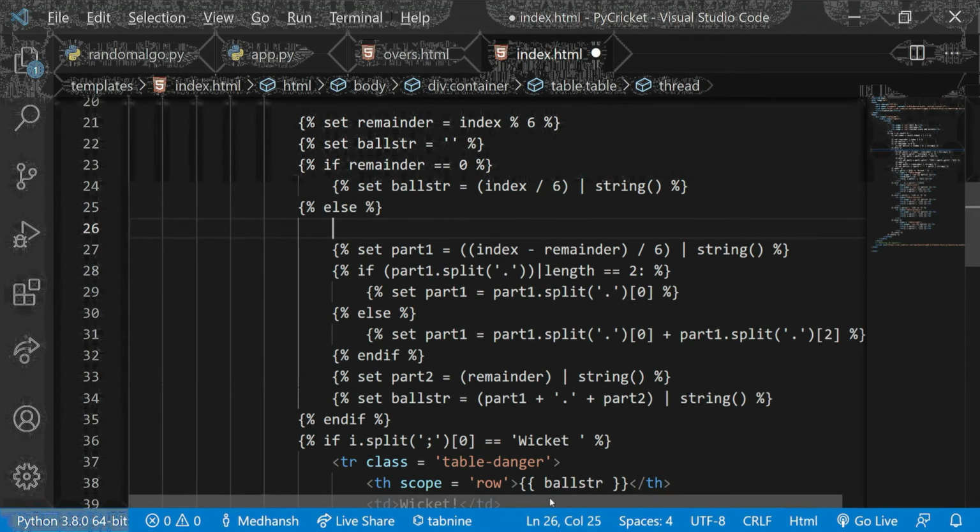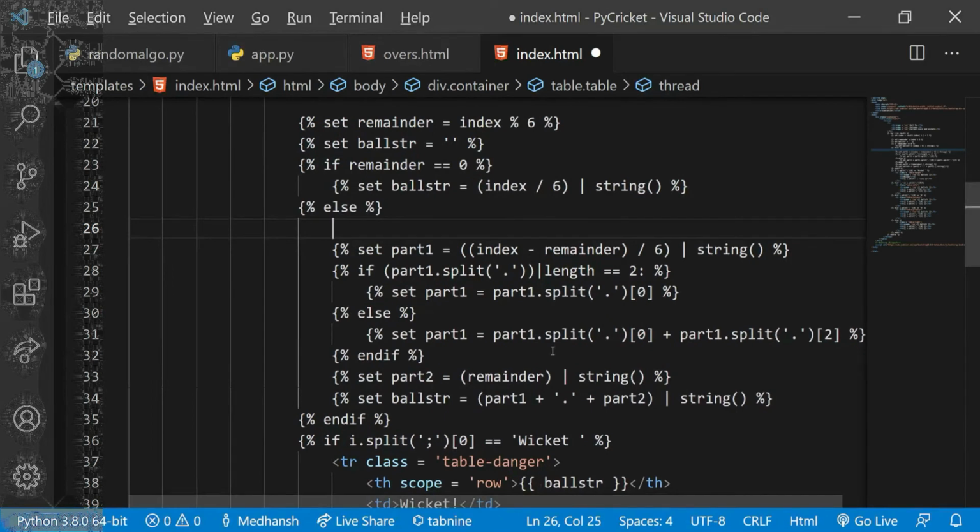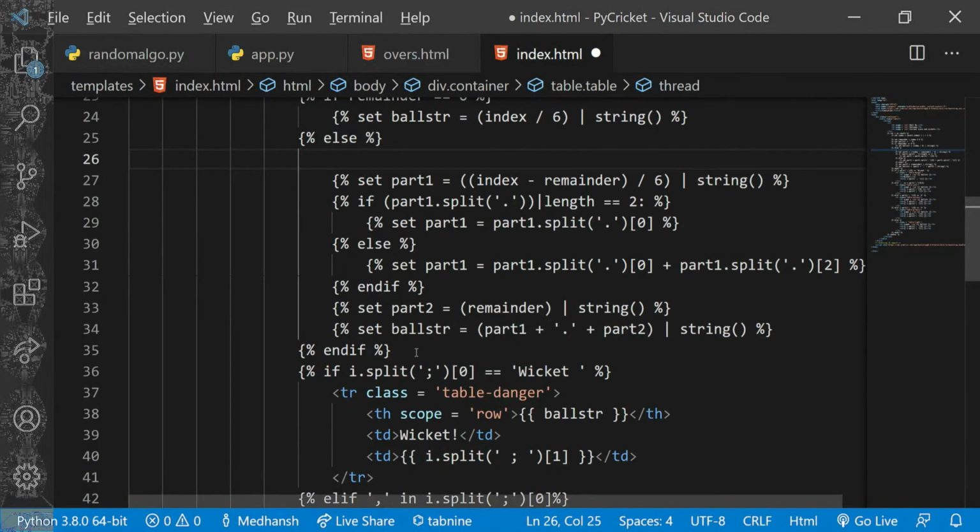So over here this code basically makes it so that you append this together like this, 1.5, and send it without having any bad looking output. This is what this if function over here is.